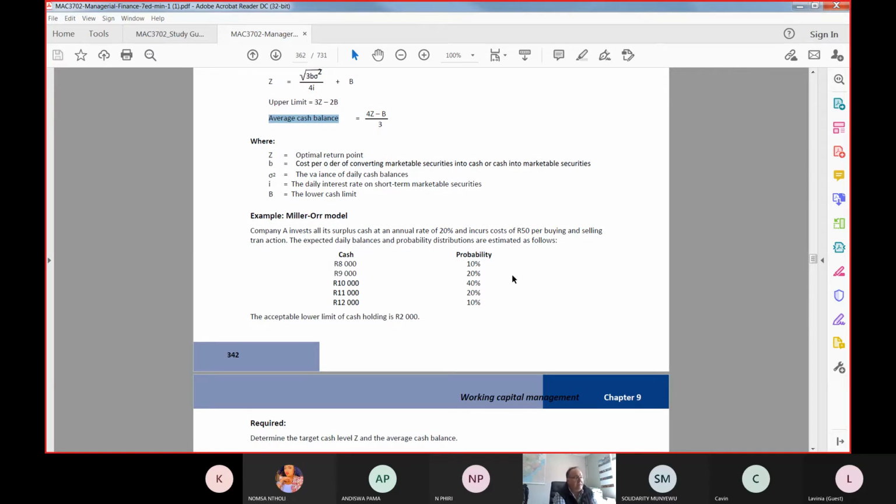Okay? Look what is happening here with the Miller-Orr deal. Company A invests all surplus cash at an annual rate of 20% per annum, and incurs a cost of 15 per buying and selling transaction. The expected daily balances and probability distribution are as follows. For 8,000 Rand, it is 10% probability. That is the probability over a